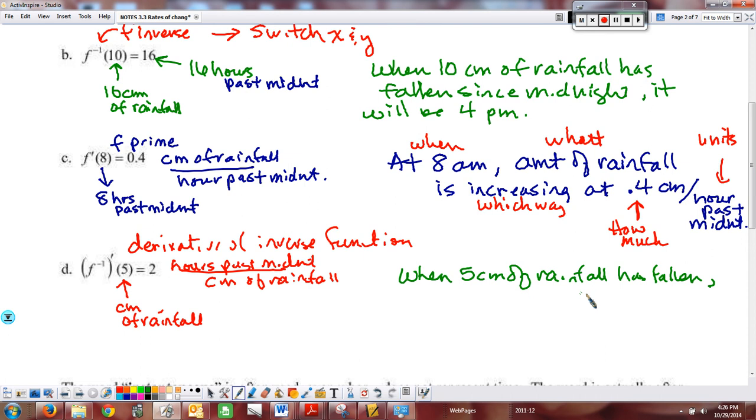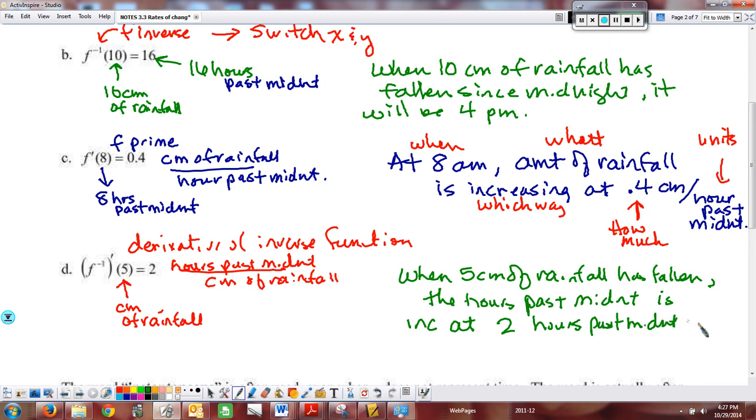So when 5 centimeters of rainfall has fallen, the hours past midnight is doing what? Increasing or decreasing? Is increasing at how much? 2 hours past midnight per